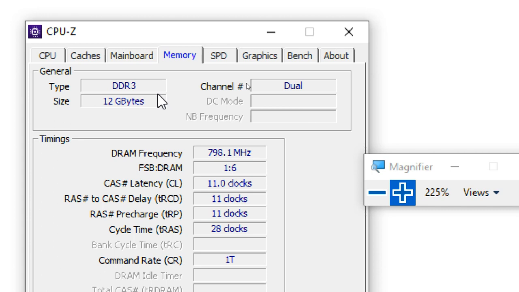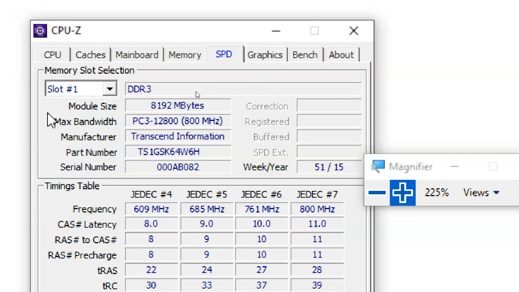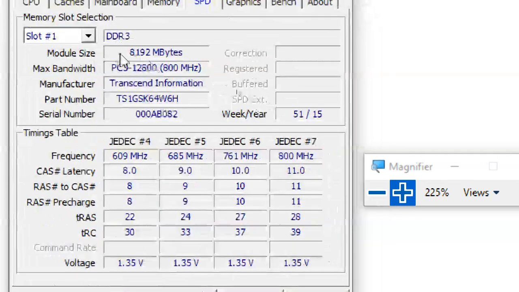So check what your previous RAM is and what model it is, whether DDR3 or DDR4. This will tell you which slot has what kind of RAM size and other information. DDR3 in the first slot is an 8 GB RAM, PC3-12800.